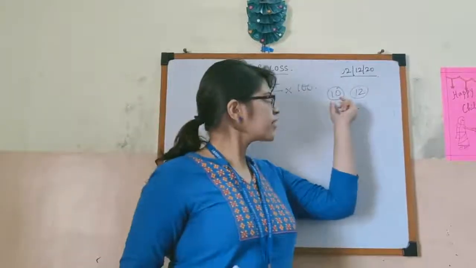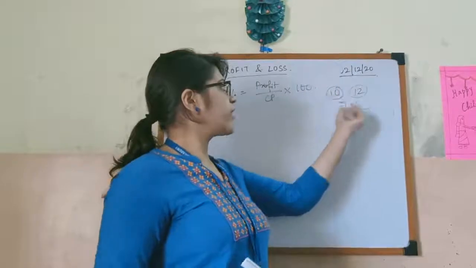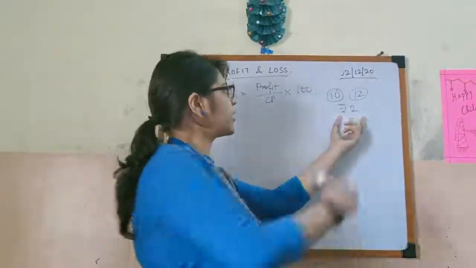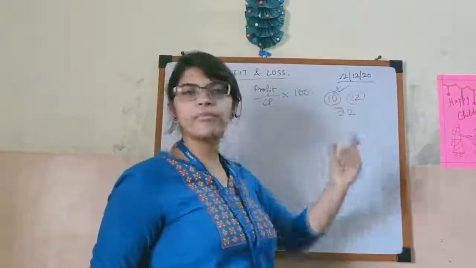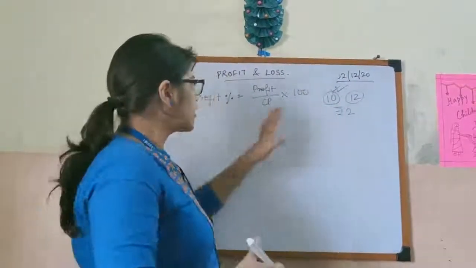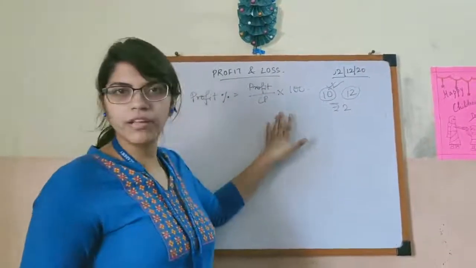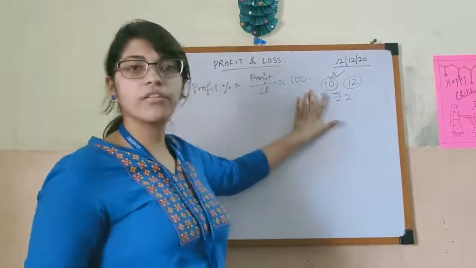Okay. So see, in this case our cost price is 10 and selling price is 12. So that is why we are getting rupees 2 as profit. So this we are calculating upon 10. So out of 10, this is the cost price. So this will be fixed in this case. So we always calculate profit on CP. So that is why we will write profit by CP multiplied with 100.